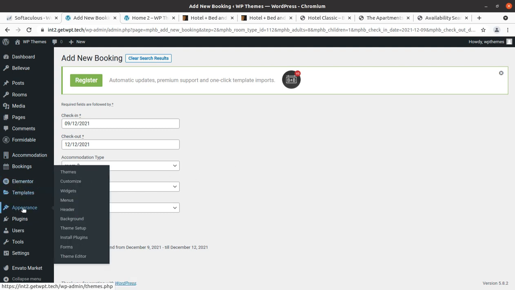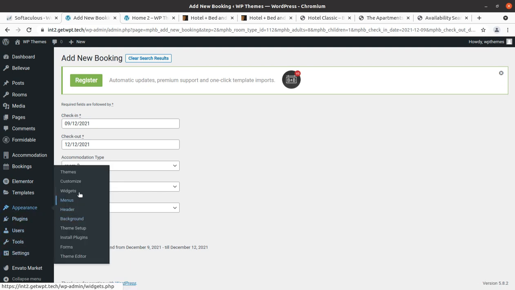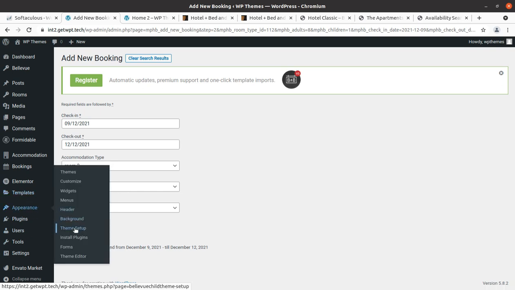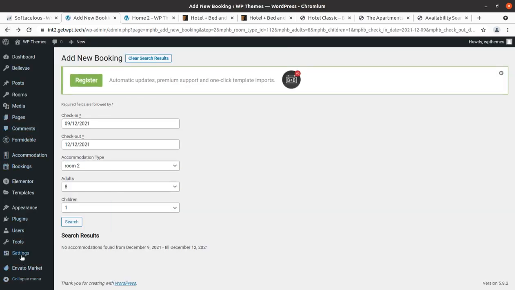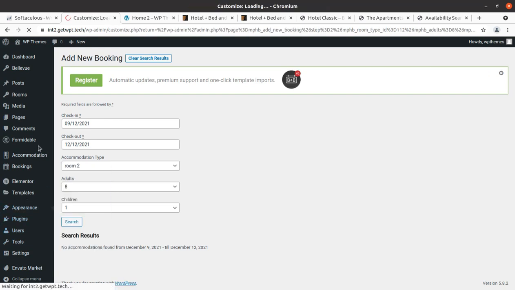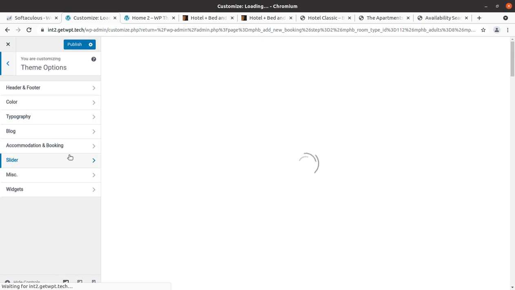And next is Elementor and appearance, so all things are common as in WordPress, and the rest we can check, like where to customize the theme. I believe the theme setup we have already used, and yes, I believe basic theme customization can be done in the customize section, because I cannot see any additional tab. So these are the theme options, which is what I was looking for.